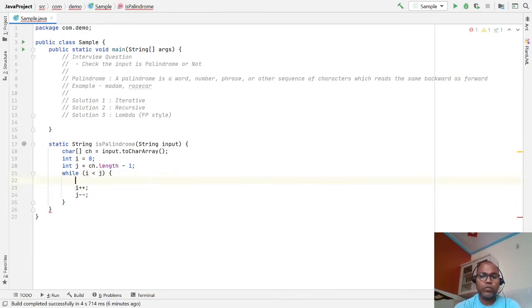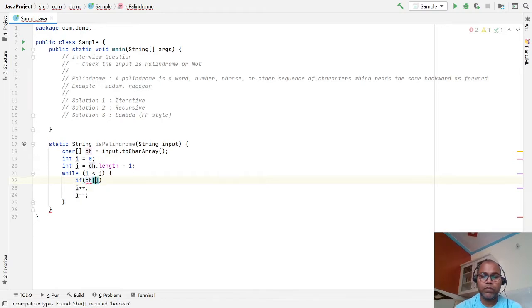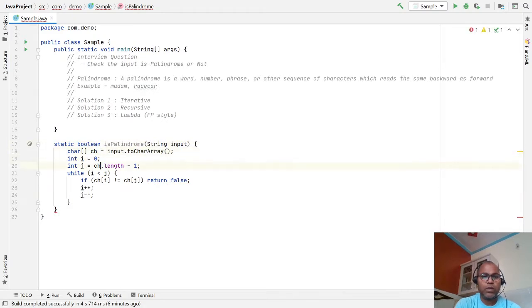Here we check if the character at the first position is not equal to the character at the last position. If they are not equal, we return false, not a palindrome. If we get through all the characters, the method returns true, as it returns a boolean.